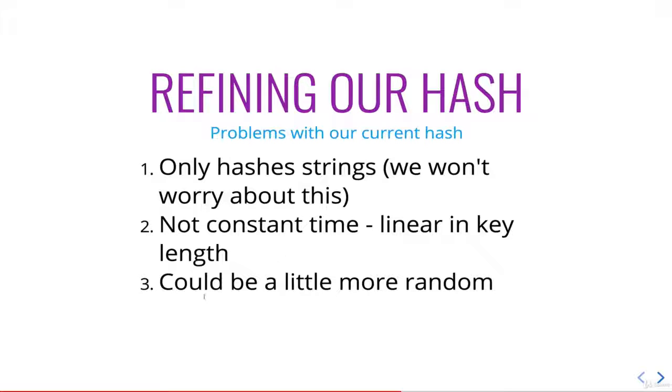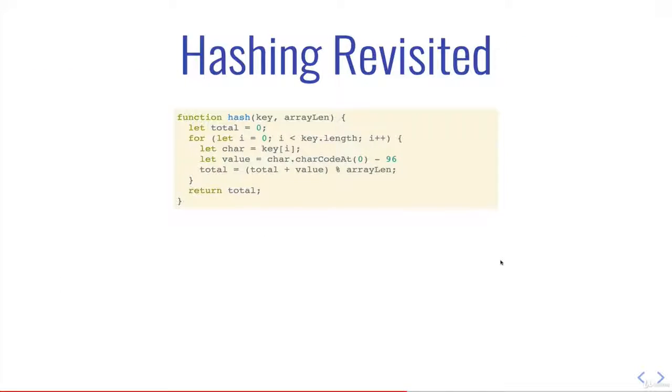time. And then also we're going to try and increase the randomness, the distribution of things throughout our buckets in our hash table. So here's the code. This was the original one that we had. And the first thing we'll do to make it a little bit faster, so if our key length, if our